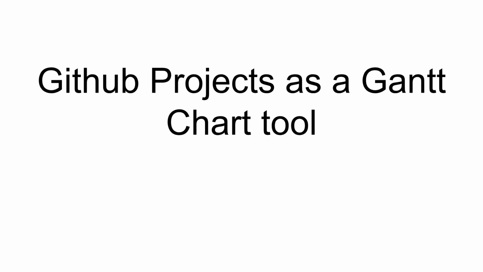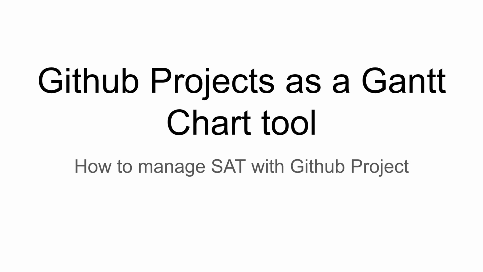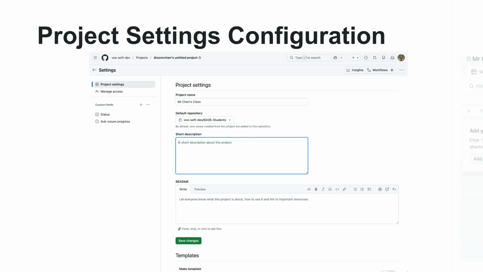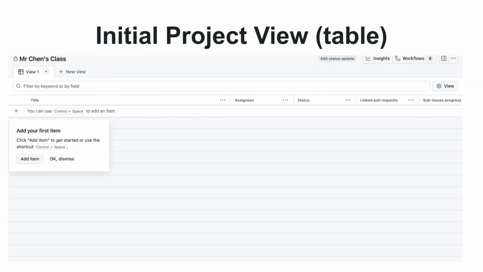This video explores how to use GitHub Projects as a Gantt chart tool for managing projects like a school assessment task, or SAT. First, we configure the project settings. This includes setting the project name, the default repository, and adding a short description and README. The initial project view defaults to a table format, allowing us to easily add the first item, which represents a